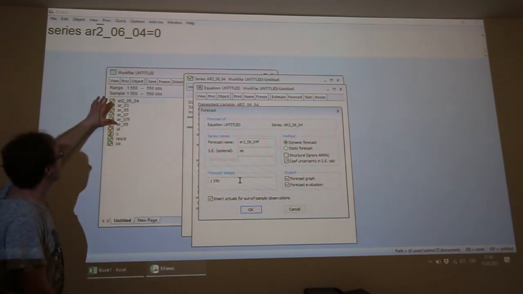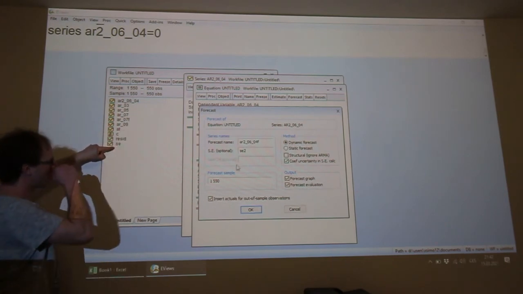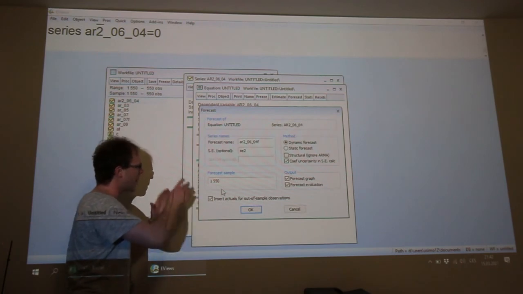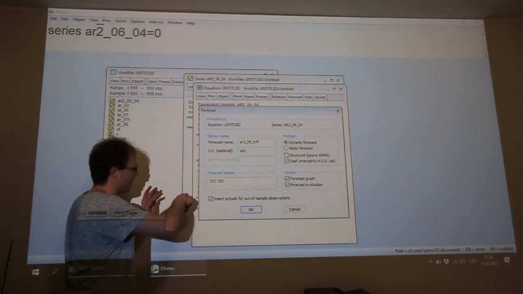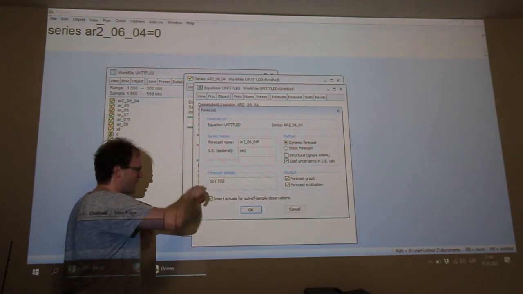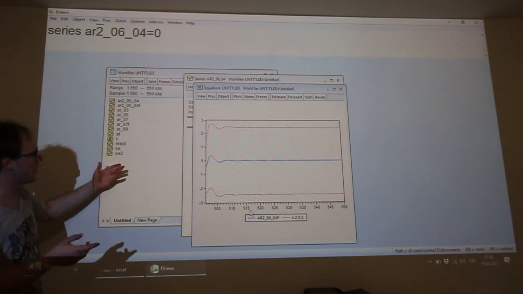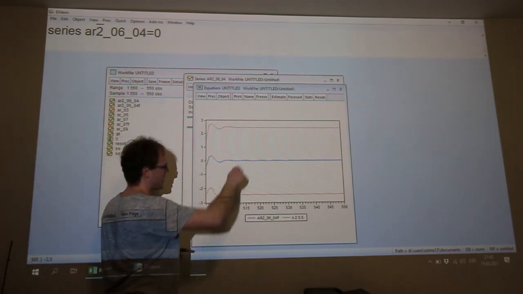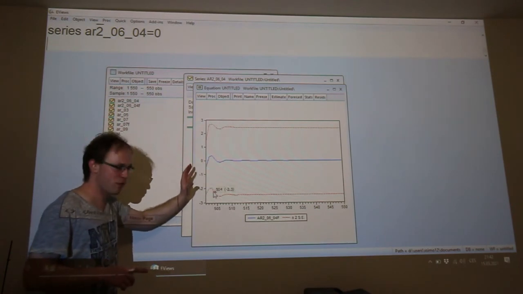So please write here standard error 2, for example, because we already calculated standard errors. And the forecast sample will be from 501 to 550. Okay, so we can click on OK,